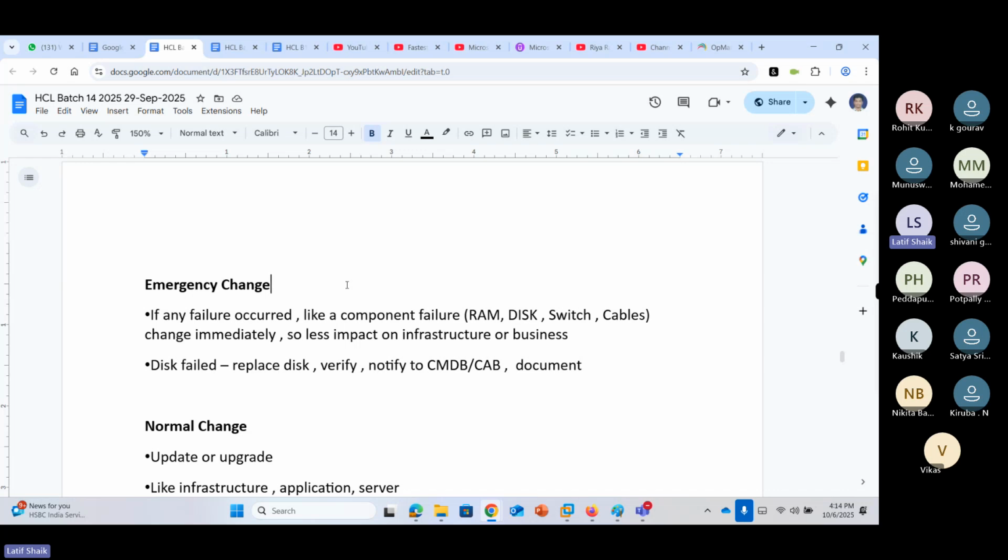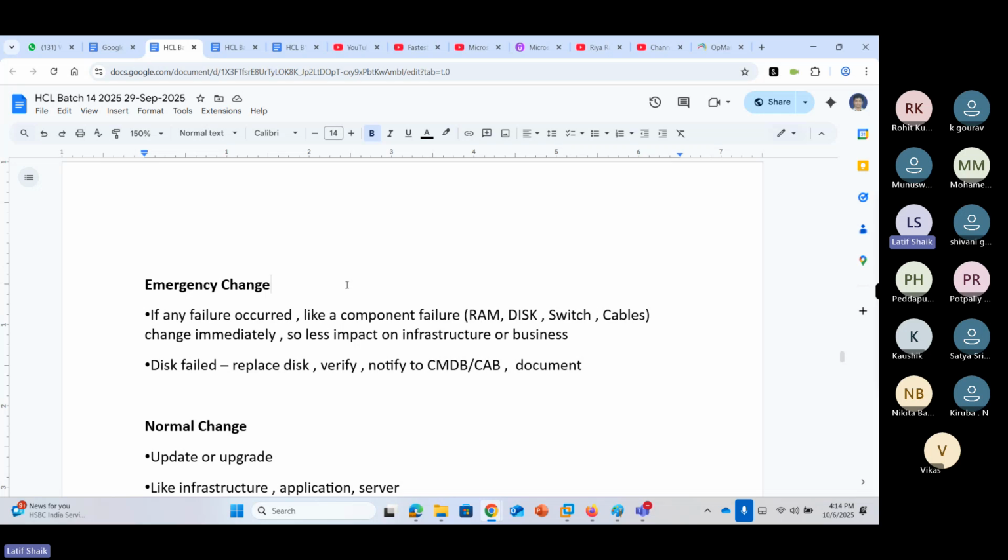So you do an emergency change. In an emergency change, first an issue occurs and that leads to something needing to be changed. What to do? What kind of change? You have to go to asset management, for example for a component failure.